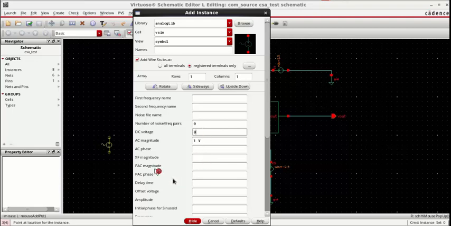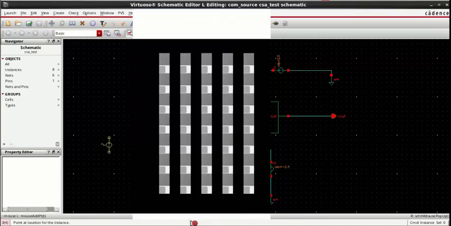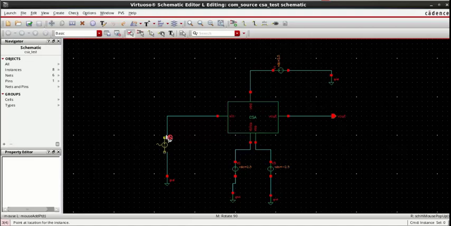Okay, and then we have offset voltage 0, amplitude 5 millivolt, frequency 1 kilohertz. Just write 1k hertz, it will take it automatically. Okay, these are the values we are going to give, hide and place it.